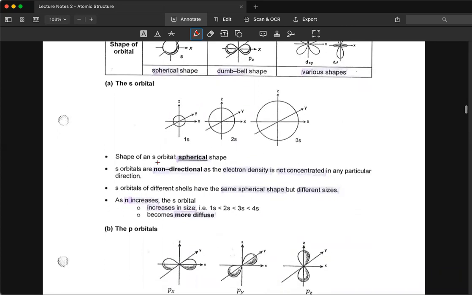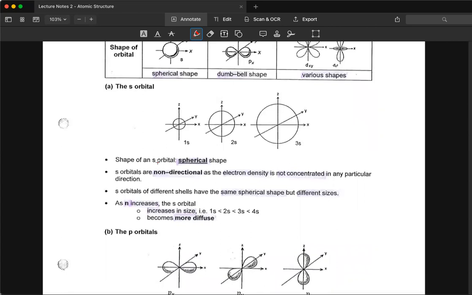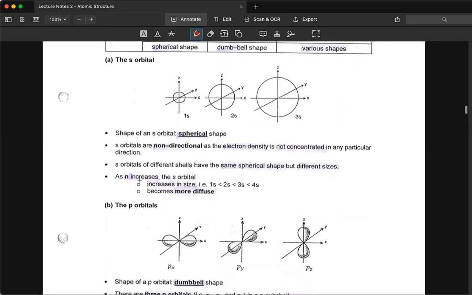Now, they are non-directional, meaning the electron density is not concentrated in any particular direction. All right. So they are found within the region that was displayed. The s orbitals of different shells have the same spherical shape but different sizes. As n increases, the s orbital will increase in size. 1s is smaller than 2s, 2s is smaller than 3s, 3s is smaller than 4s, and the orbitals become more